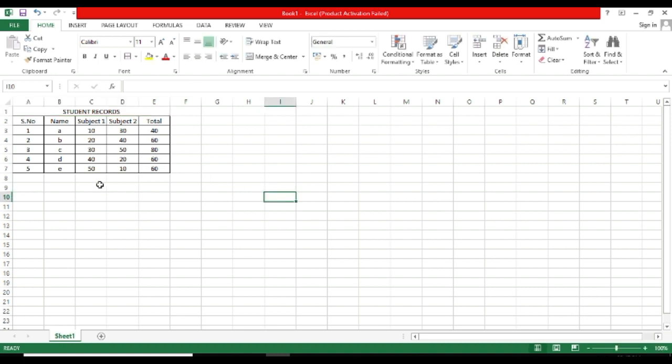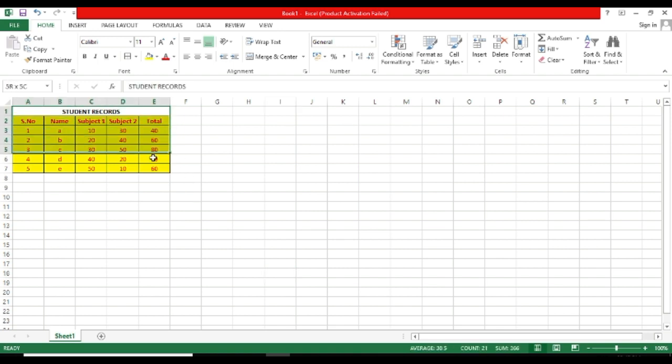Okay, then after keep it bold, this also bold. Okay, and then select this table and give the font color red and background color yellow. Okay, so this type of formatting you can apply on your table. Now after that we will see how to apply the chart in Excel.